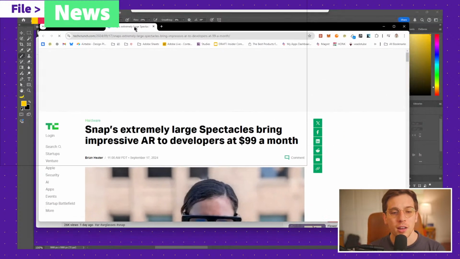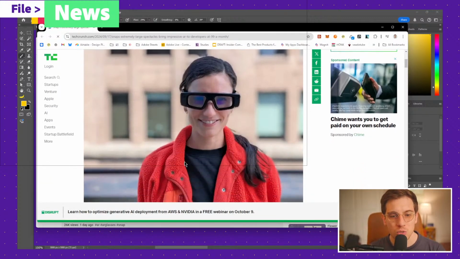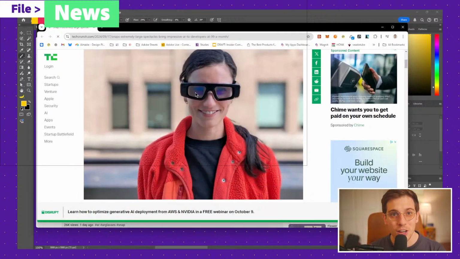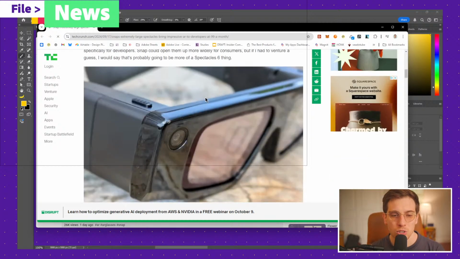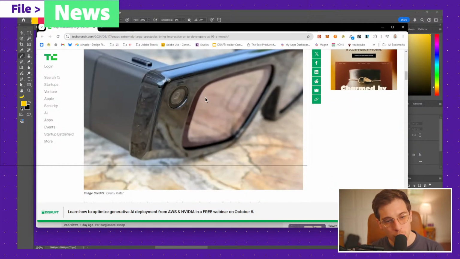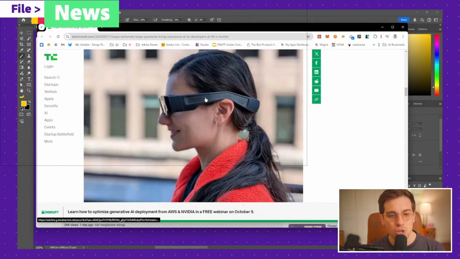They also reported about it on TechCrunch as well. They're gigantic. They are $99 for a month, and you have to sign up for at least a year. So these are not for consumers quite yet. These are mostly for developers. But the reason why I wanted to bring this up on the show, besides their comedically large